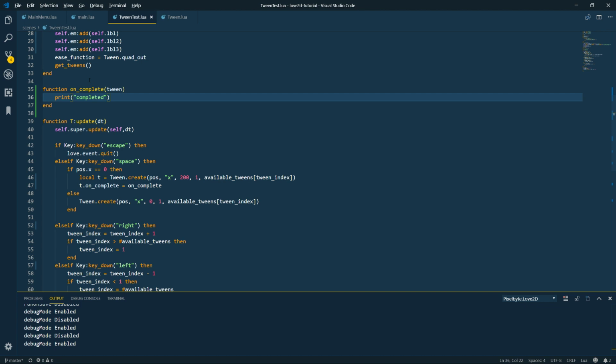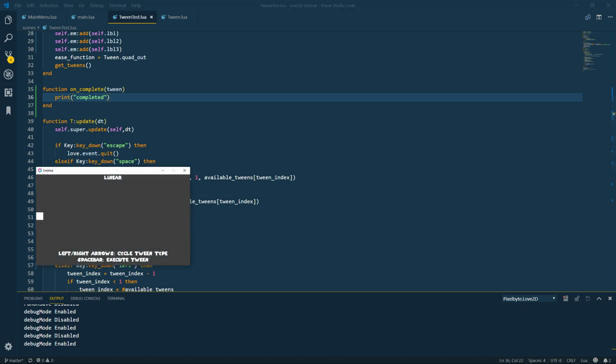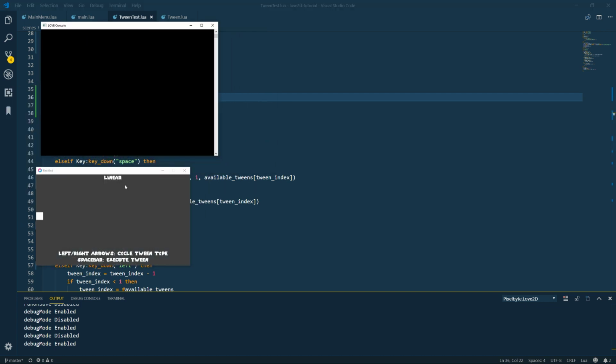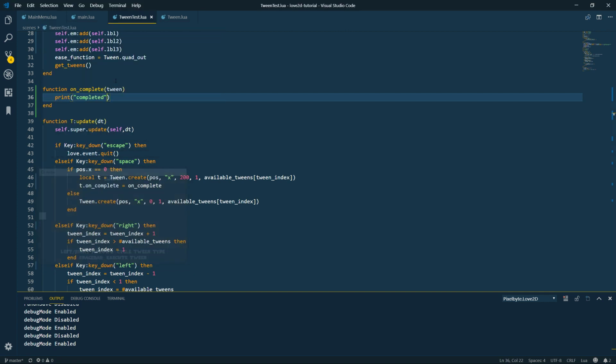Completed. Let's run this and see what happens. Let me bring our debug window over. And we should run it, and it should give us completed. Lovely. So now we can get an actual callback when we